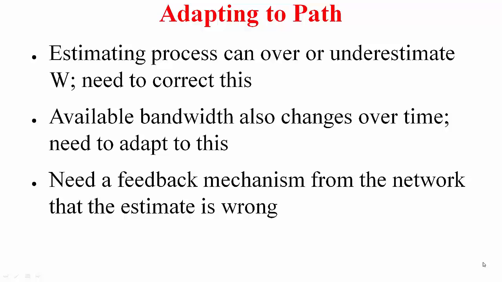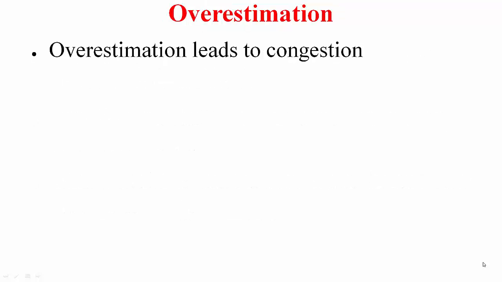So basically, you need a feedback mechanism from the network that says that your estimate is wrong. So what can this feedback mechanism from the network be? What are your thoughts? So let's look at overestimation first. We know that overestimation leads to congestion. So what is the feedback that the network can give whereby you can figure out that the W you chose was an overestimate? Now, if you're thinking the routers can inform the senders about the congestion and thereby they can cut down on their sending rate by reducing the W, the routers do no such thing. Though I mentioned there is the source quench message, it's not used in practice. So what other mechanism can you rely to get a feedback that the network is congested? You can answer this, it's not difficult.